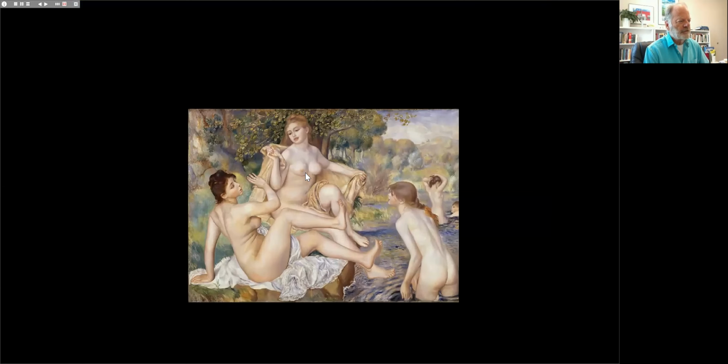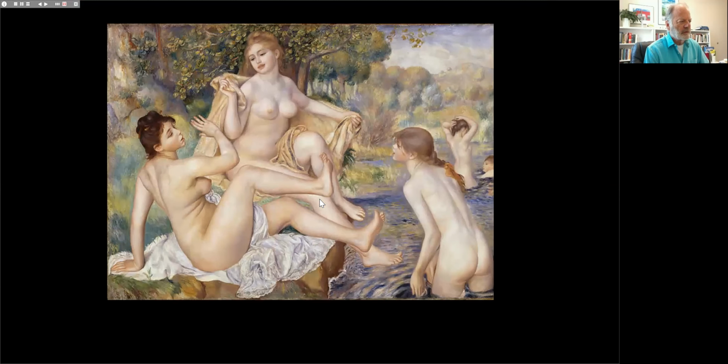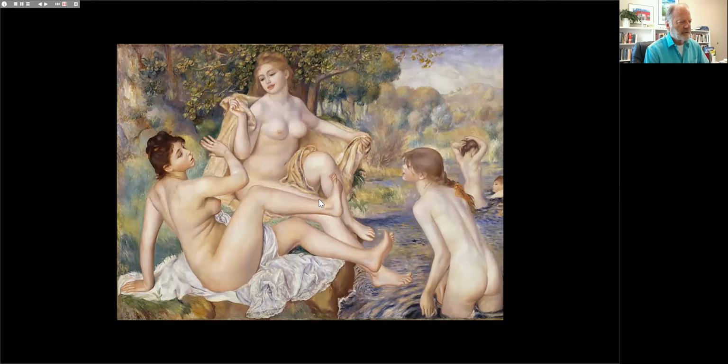Now, Renoir's major effort in this vein, in this manière aigre, as he was later to call it, is seen here in a painting which is called The Bathers. It dates from 1885-87. So we're looking at the female nude, which was increasingly a prominent subject in Renoir's work.